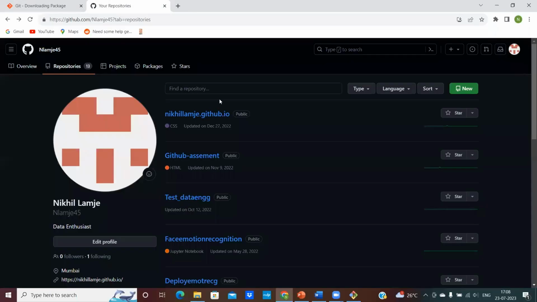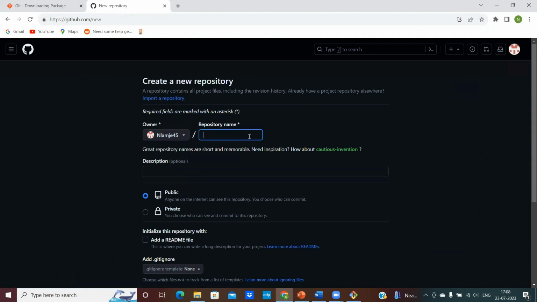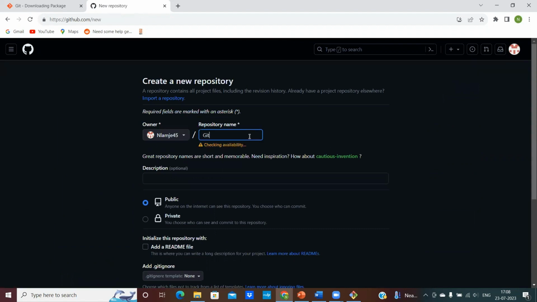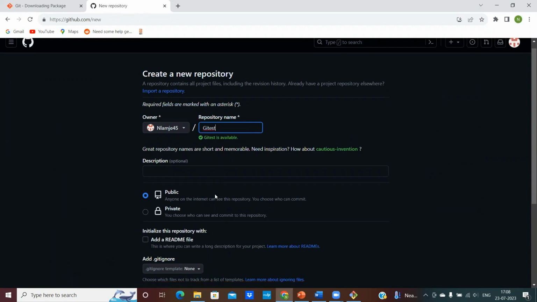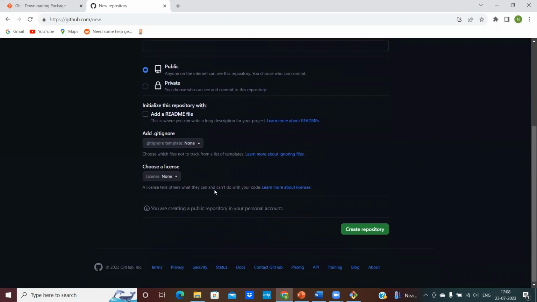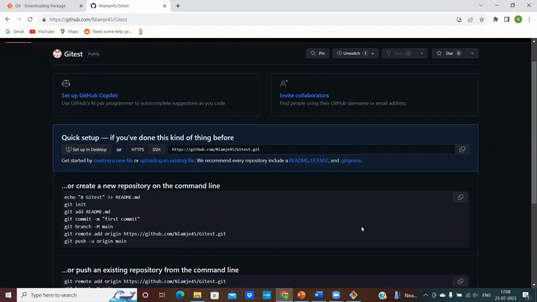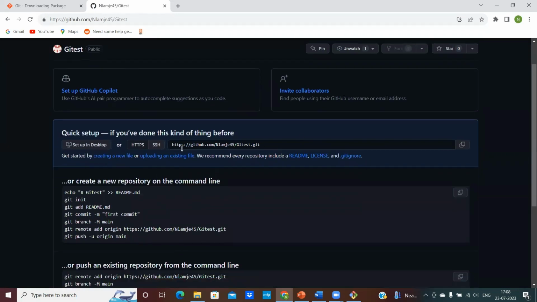just log into GitHub. If you don't have any account, you can make one. It's free. Just click on new repository. Let me give it a name, git test, and it would be public. Okay. Now you need to just take this URL. You just need to copy it